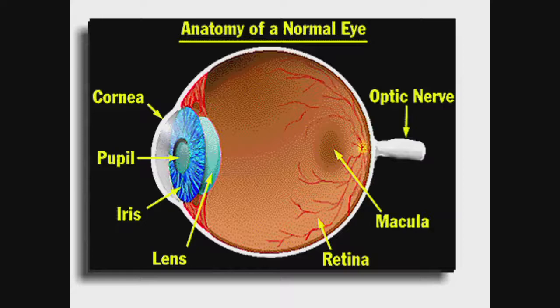From the cornea we have a dark dot in the middle of our eye, which is called the pupil. And the pupil allows light to enter into our eyes. We have the iris. It's a pigmented part of our eyes, meaning that some people have green iris, some have black iris, some have brown iris, some have greenish. Whatever color your iris is, it's beautiful, but you need to know the iris plays an important role